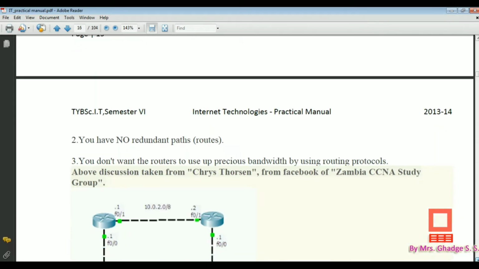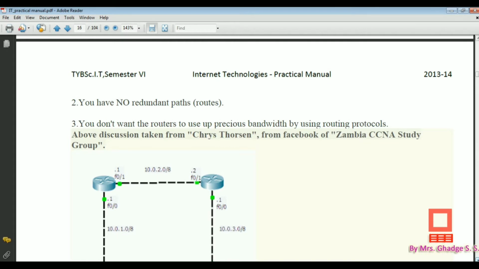Okay. Second thing, if there are no redundant paths, and many routes have to be considered, then we don't use static routing. If there are only a few routes, then we can use static routing.